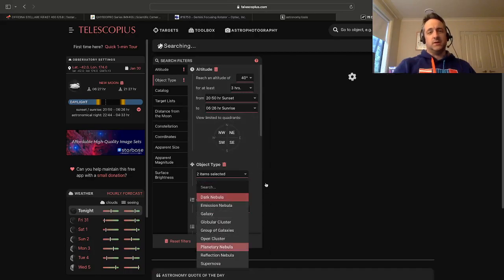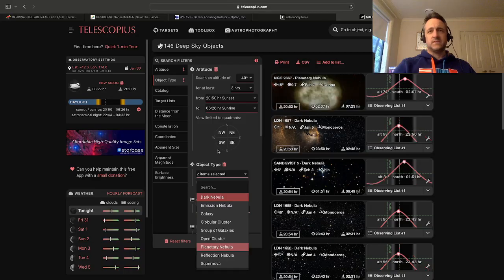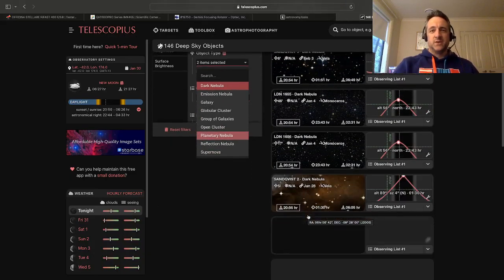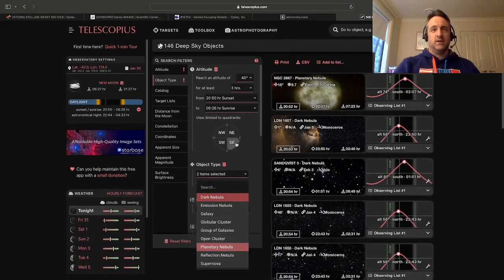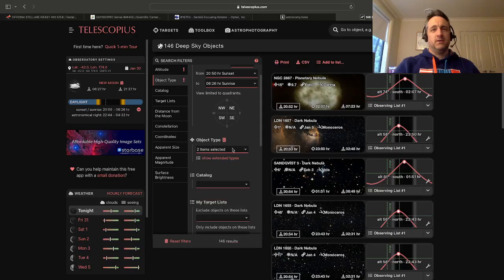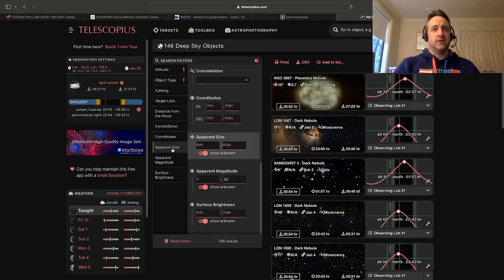Planetary nebula typically a little bit smaller, so these ones might be very small targets, 15 seconds here, so that's going to be way too small for our scale. 1 degree, so we already know that's going to fill our frame quite nicely. 6 minutes is like a tenth of our frame, so it's quite small. So you can get a feel for the sizes quite quickly here, or we can actually just filter out by apparent size, have a minimum size of,